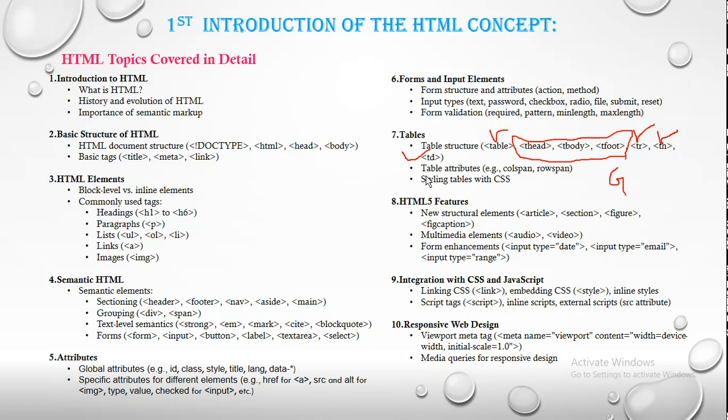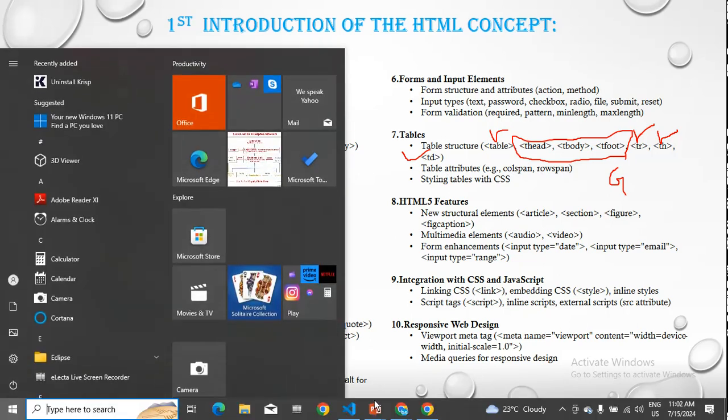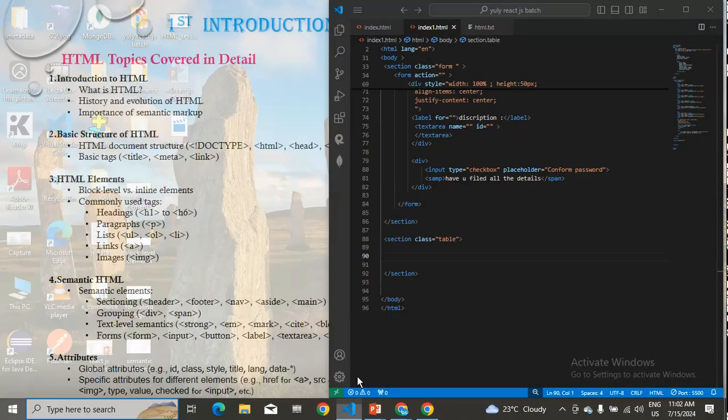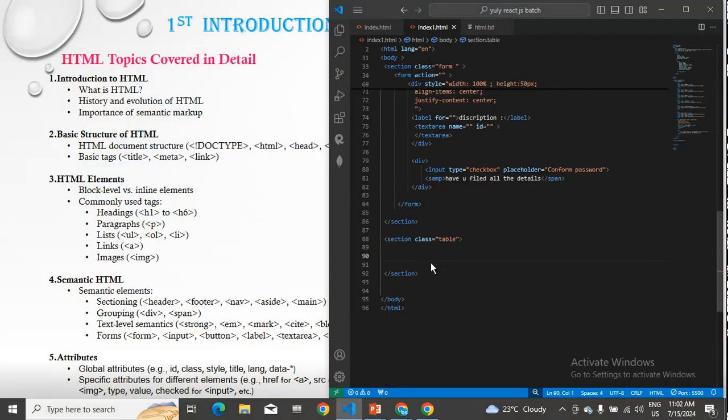So the first thing that you will be learning is about the table tag, and the TR tag, that is table row tag, and the table heading tag. These are the things that you will be learning in this session. And we have some attributes called colspan and rowspan. We'll also be learning these things now. So let us go over here and create one table. I have created one table tag, so inside that I'll be using